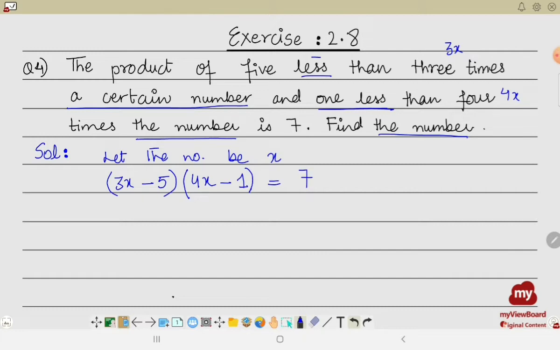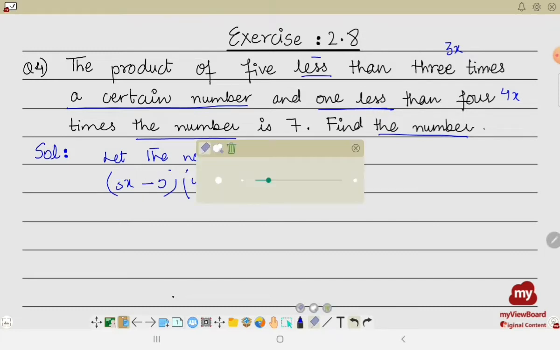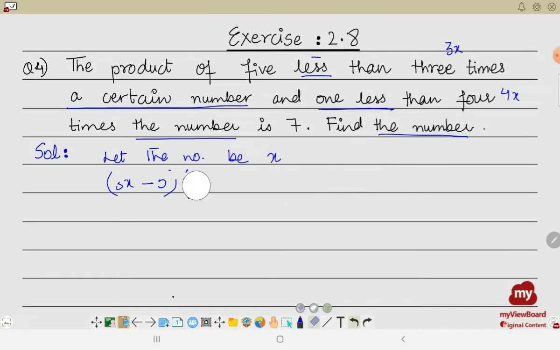7. Right? So what you are supposed to do, the product means you have to do the multiplication. Now let me write down the equation again so that you can easily understand it. This is just the mathematical translation from English to mathematics. The product means you have to take the multiplication. The product is equal to 7. Now what product you are going to take? The product of 5 less than 3 times a number and 1 less than 4 times the number is 7,